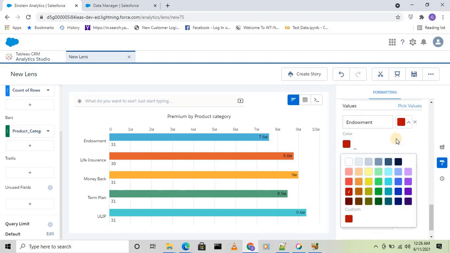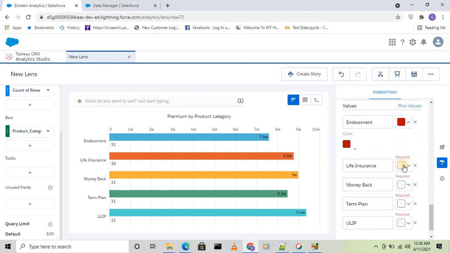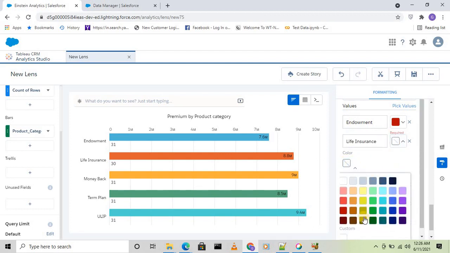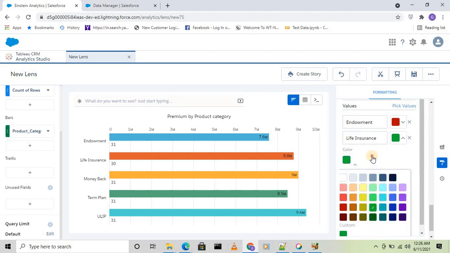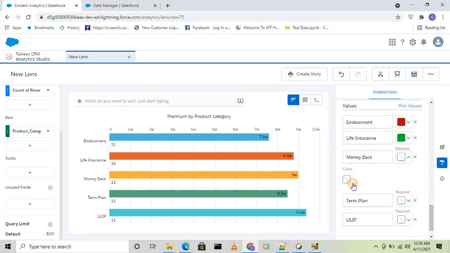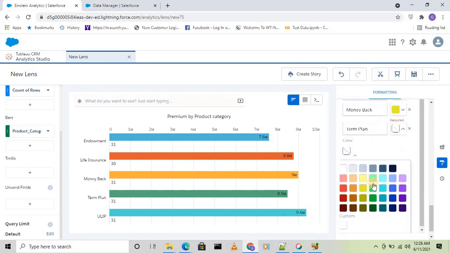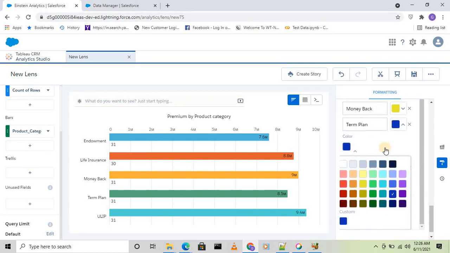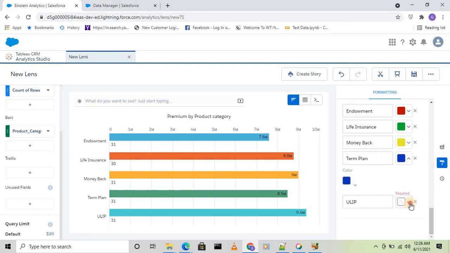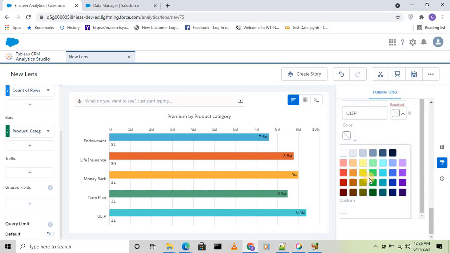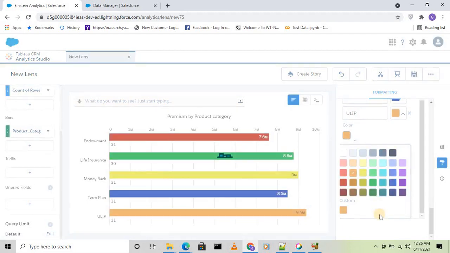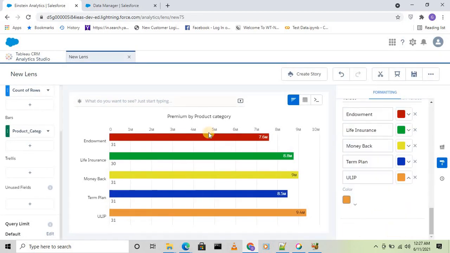This is red, then this one I'll change to green, then money back I'll change to yellow, then term plan I'll change to blue, then ULIP I'll change to this one. You see, now the color of each bar changes based on my color selection.